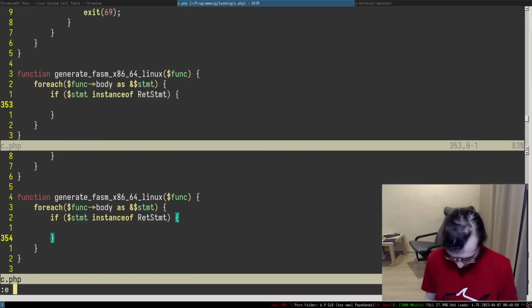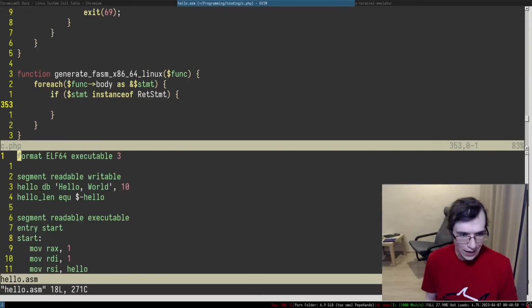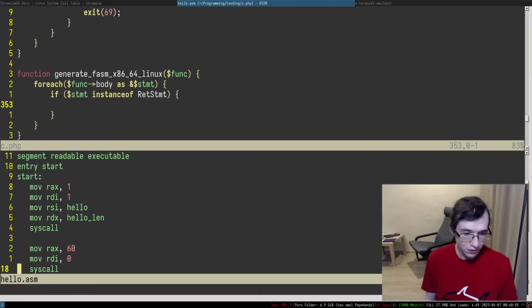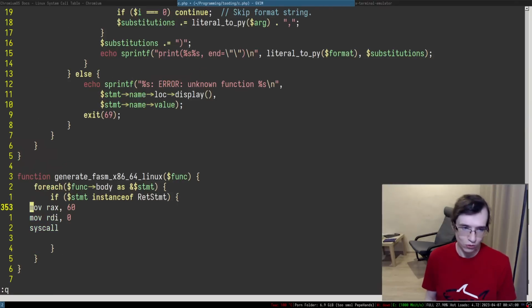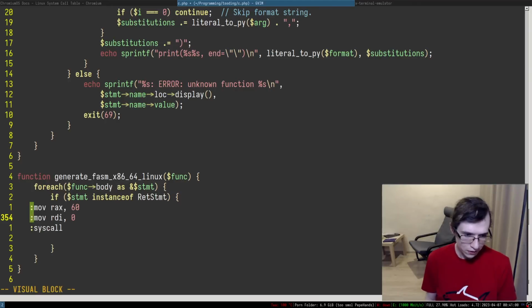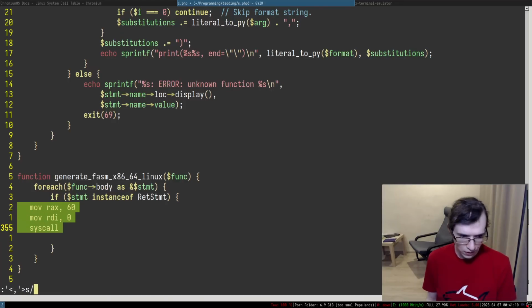So what I want you to do is open Hello Asm. And in Hello Asm, we just want to generate this thing. So let's go ahead and generate it. I'm going to put this like that. You know what? Can I just replace and with this thing?